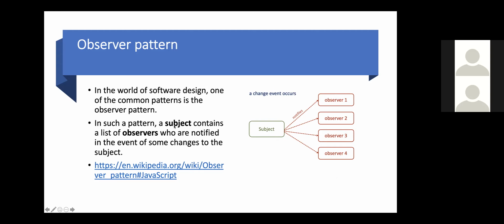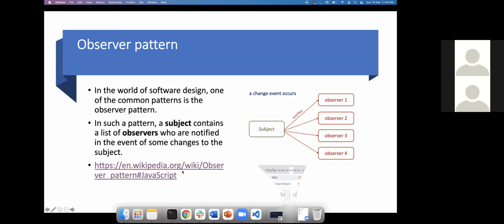Imagine we know what a context API is. Whenever a user logs in or logs out, we write a context for user authorization. Whenever the user logs in, we say logged in; whenever the user logs out, we say logged out. Whatever components listen to that, we write a context API, do the provider and consumer, pass the authenticated value as the value, and then we use it.